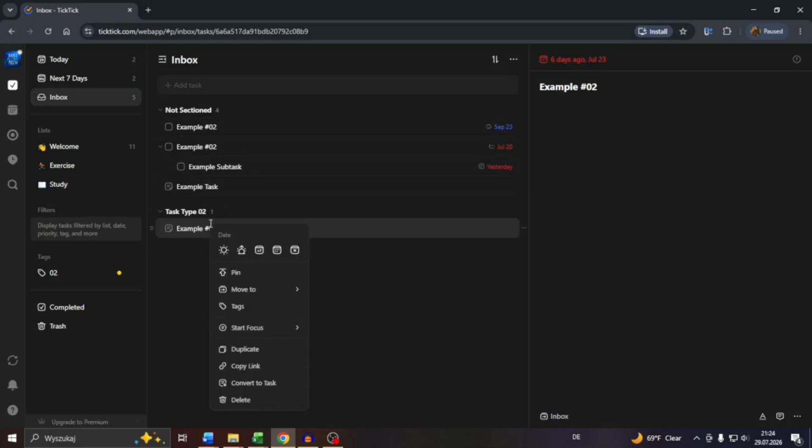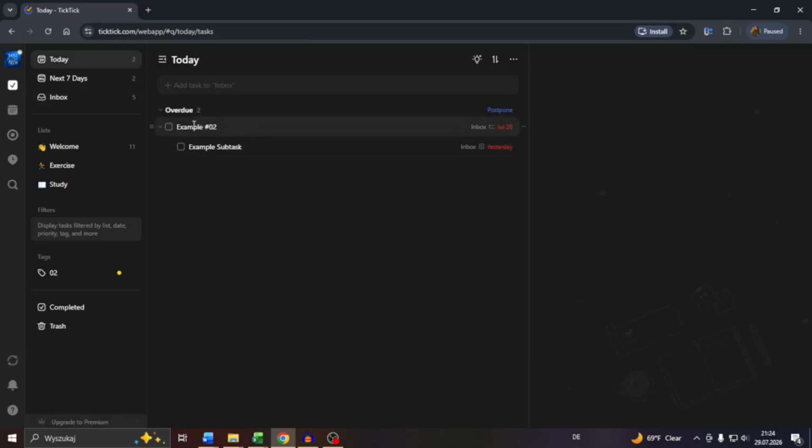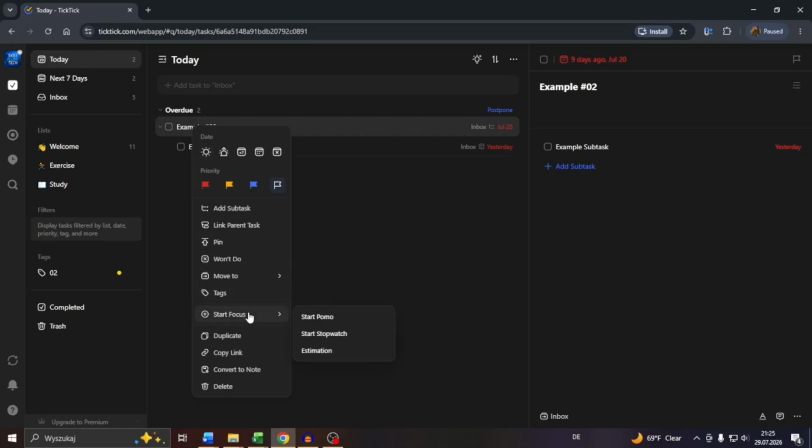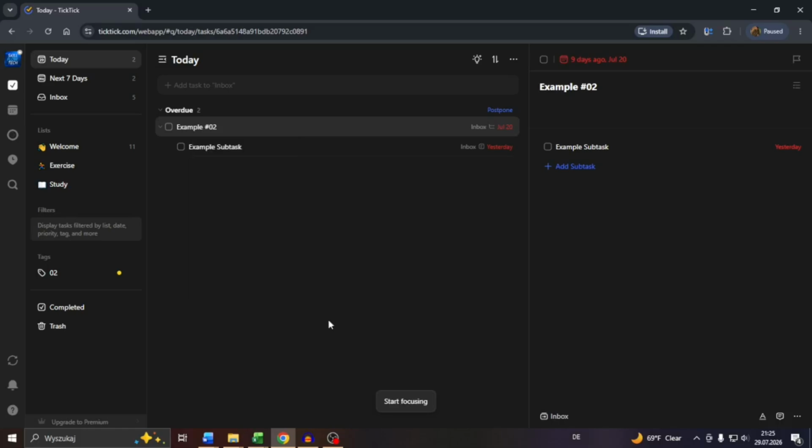Alright guys, so navigate to your calendar here on TickTick. Select the given task from the task list here, for example for today. Let me go with this example here, this task, right click into it. Hover your mouse over start focus and then choose one of these: estimation, start stopwatch, or Pomodoro. I will go with Pomodoro, and that's going to start the